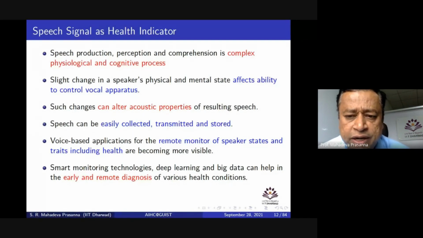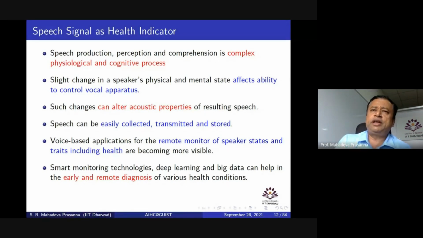And most of the time our focus is on that. We feel that the amount of information or biomarkers available in the speech signal may not be very prominent. However, if you look into the production, perception and comprehension process of the speech signal,